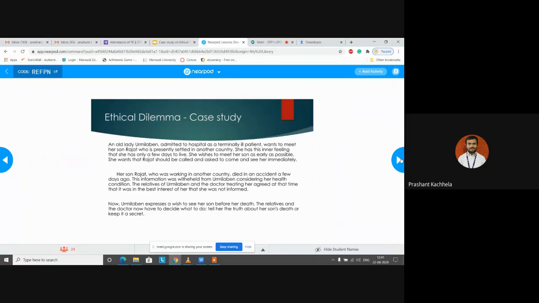It is just a small case. You have to read the whole case, and after you finish reading, I'll take you to a few questions where you just give me your opinion. I'll give you 2 minutes. It is not a big case, just 3 small paragraphs. You can finish reading in 2 or 3 minutes. Then we can go for questions.